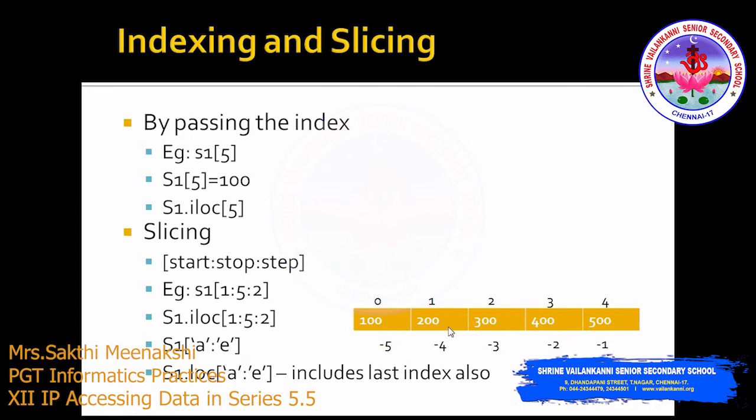If the index is a string value, we know we can create a string index also, right? Then we can also use the slicing operator there. Here, A colon E. The difference between slicing with a string index is that it includes the last value. Including the E index, it displays the answer. Instead of this we can also use LOC. So we have two methods, one is ILOC, the next one is LOC. LOC we can use for string index and ILOC can be used with the numeric index. This also includes the last index, right?